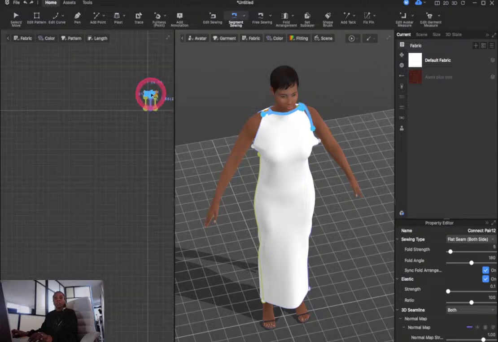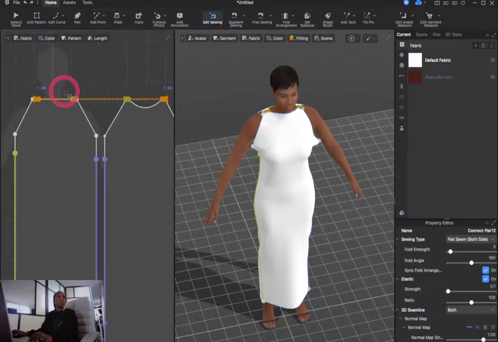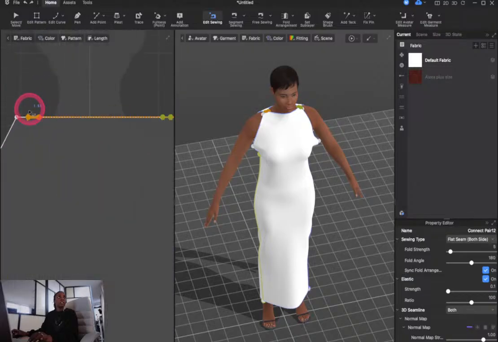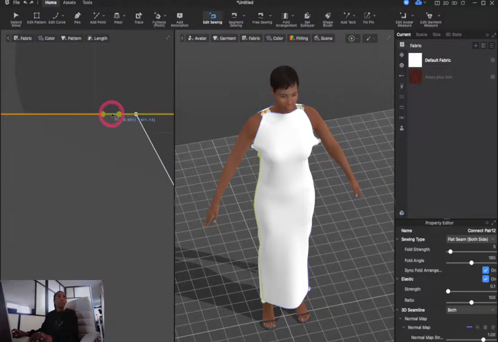This sewing is, I'm in the wrong place. So I just want to grab this part and extend it all the way there, and then grab this part like that. The same thing for this side. I'm going to grab this sewing here and boom. So I'm going to do the same thing I did before, which is add the